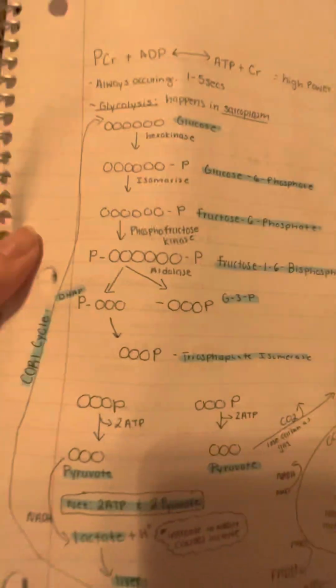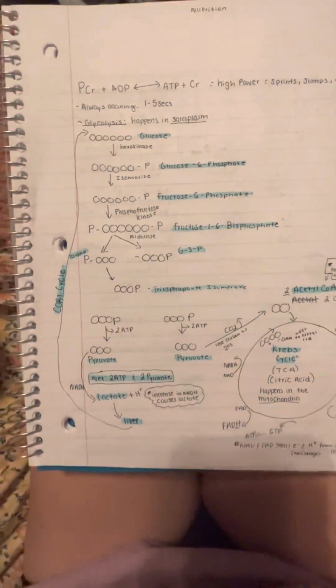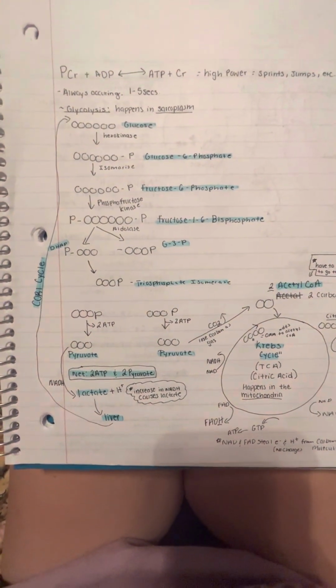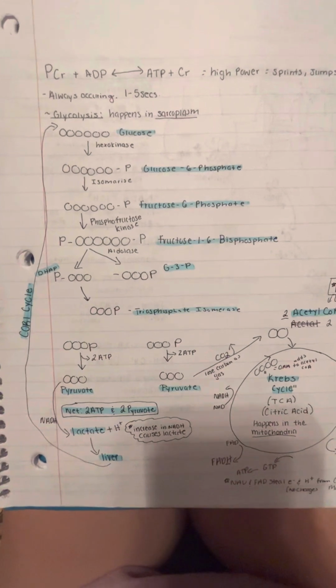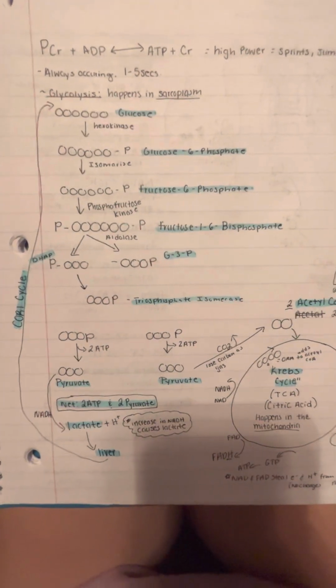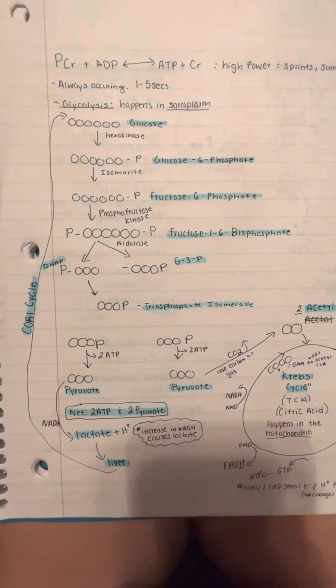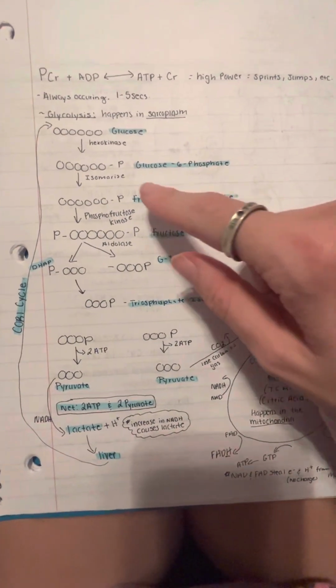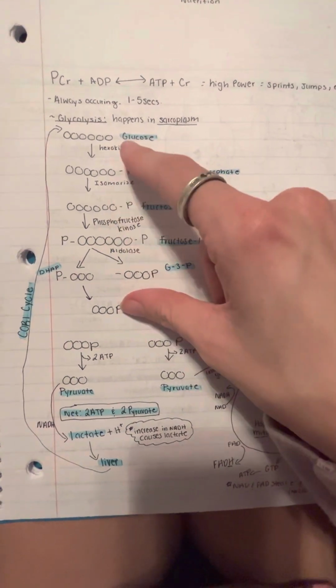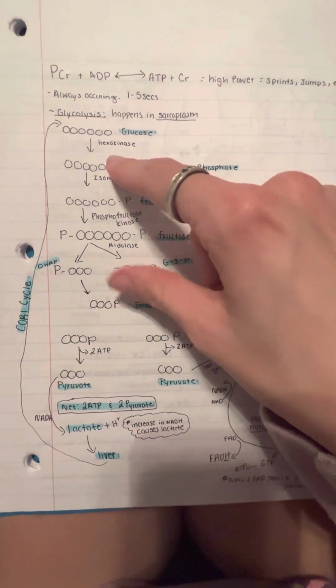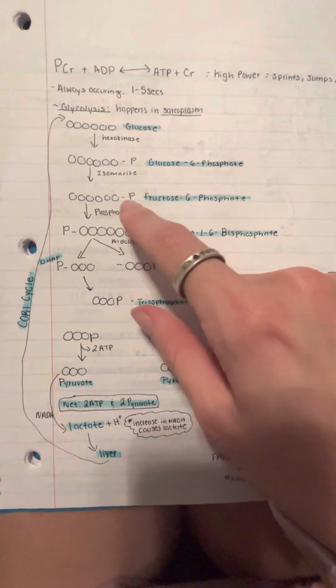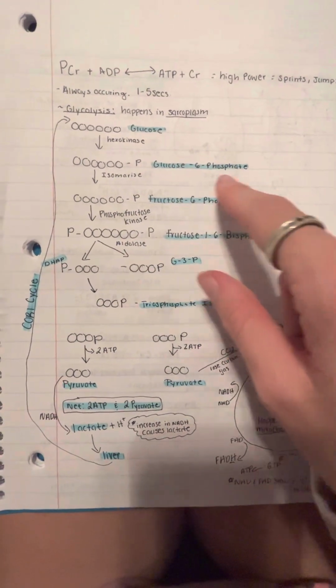And then we have glycolysis. So glycolysis happens in the sarcoplasm. It lasts about 2 minutes, and it's also still very high intensity, fast paced. So the glucose is a 6-carbon molecule that is broken down through hexokinase into a glucose 6-phosphate, and that's broken